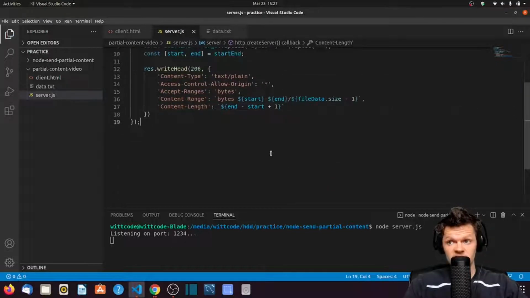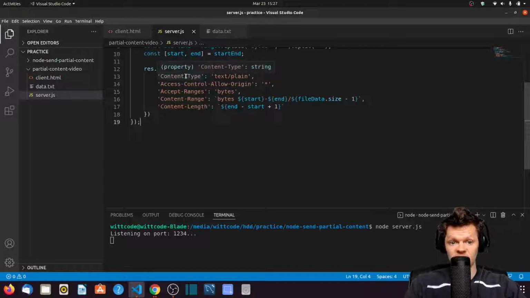So this writeHead method writes the header of the response that our server sends to the client. The first argument is the HTTP status code, and as we are working with partial content, we send 206. Then we use the content type header, which tells the client that the response is